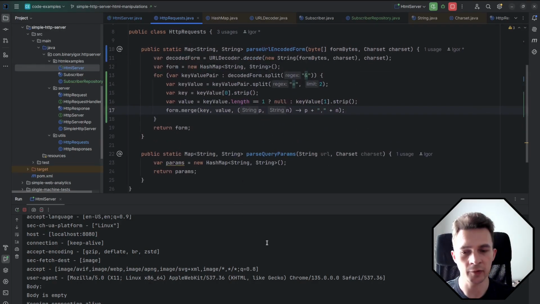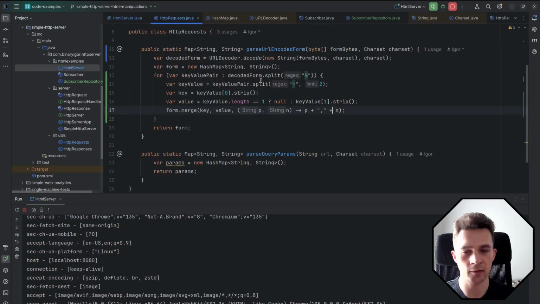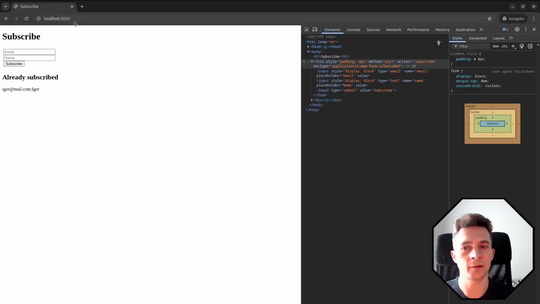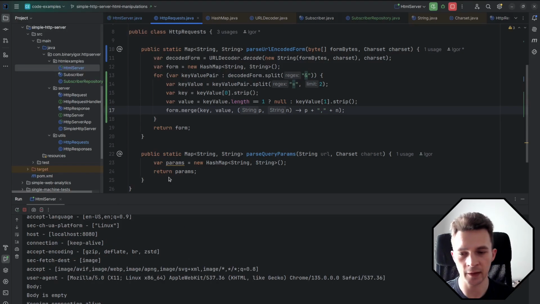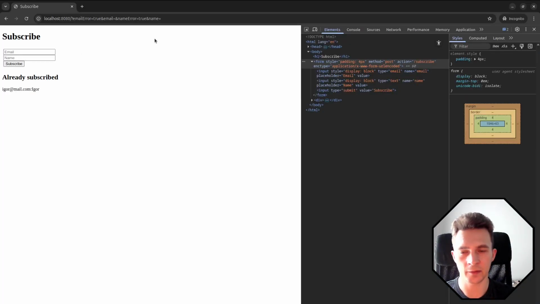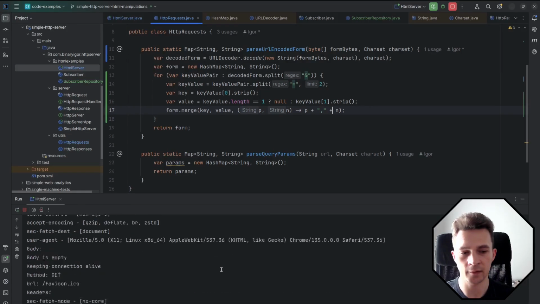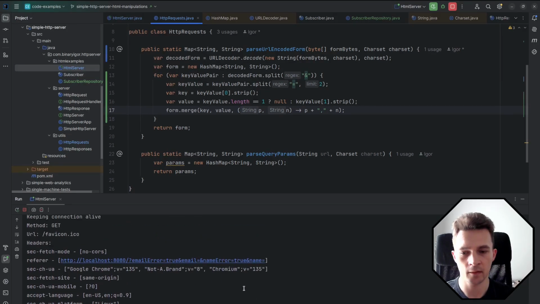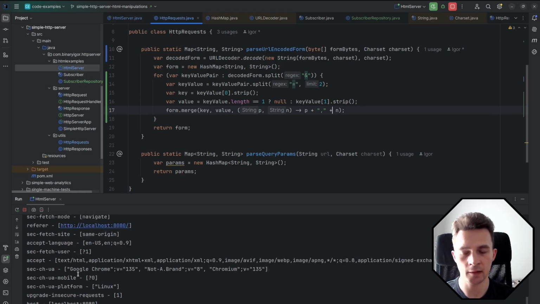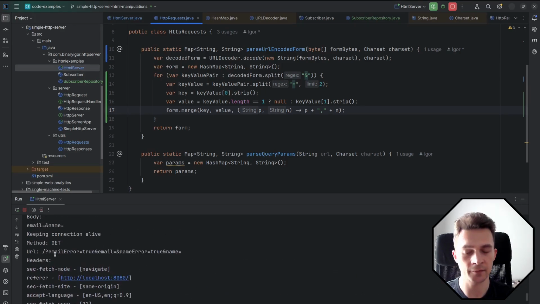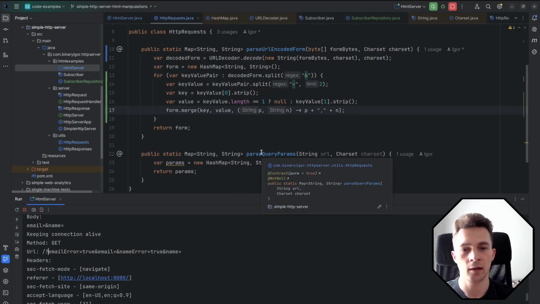And right now we can use it to parse query params as well, because as you can see, it is almost the same as our form. The only difference is really that we have this question mark at the start and potentially slash. So what we can do is we can